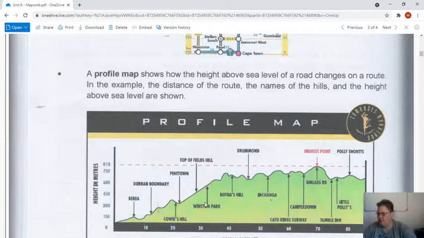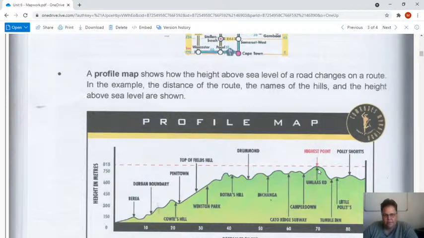Okay, if you look at this red dotted line that's here, it indicates the highest point of the map. So at Marlize Road, you will find that you have hit the peak, the highest point of the route